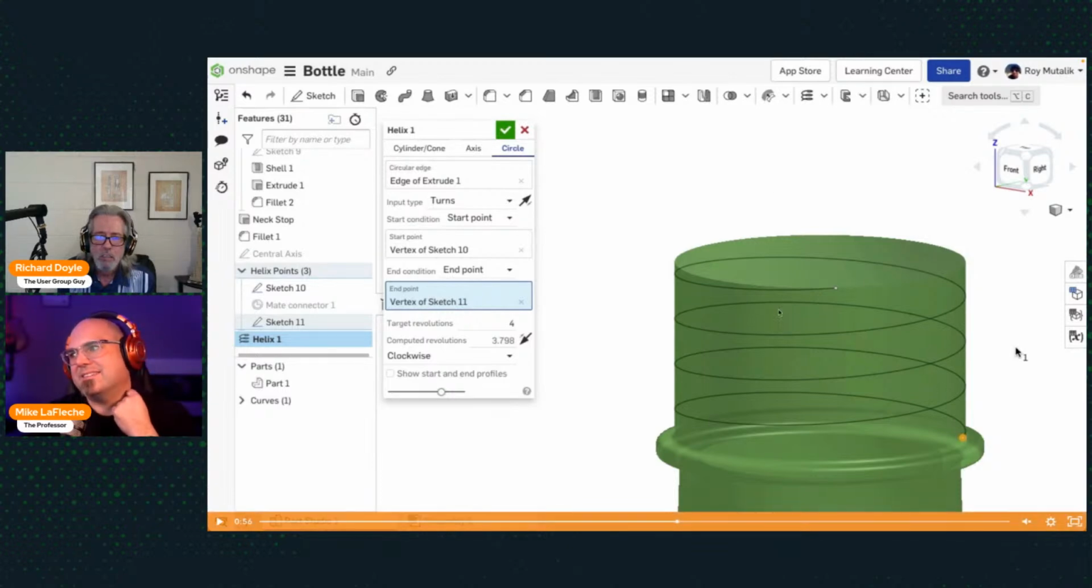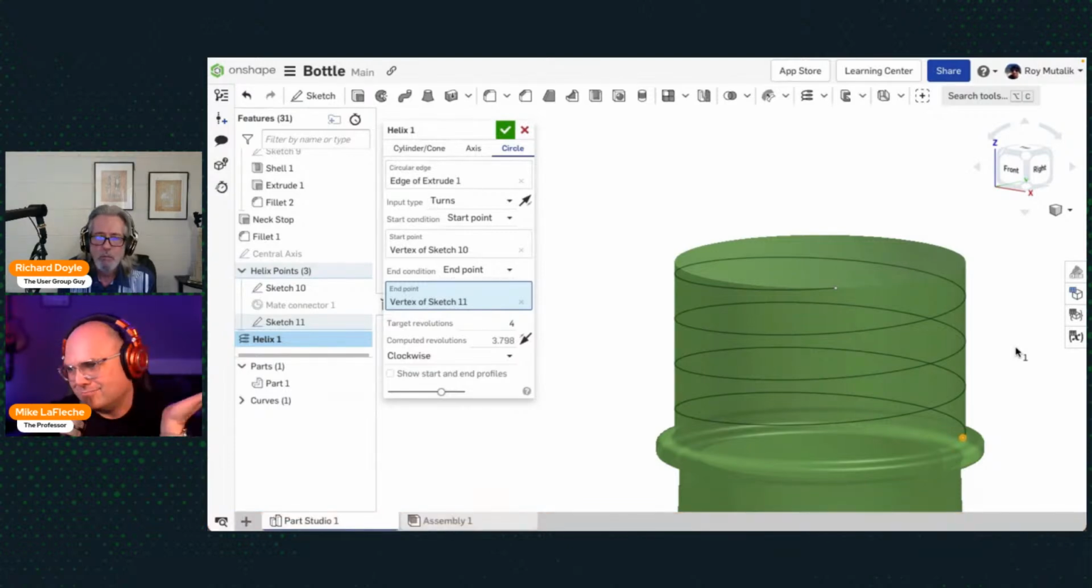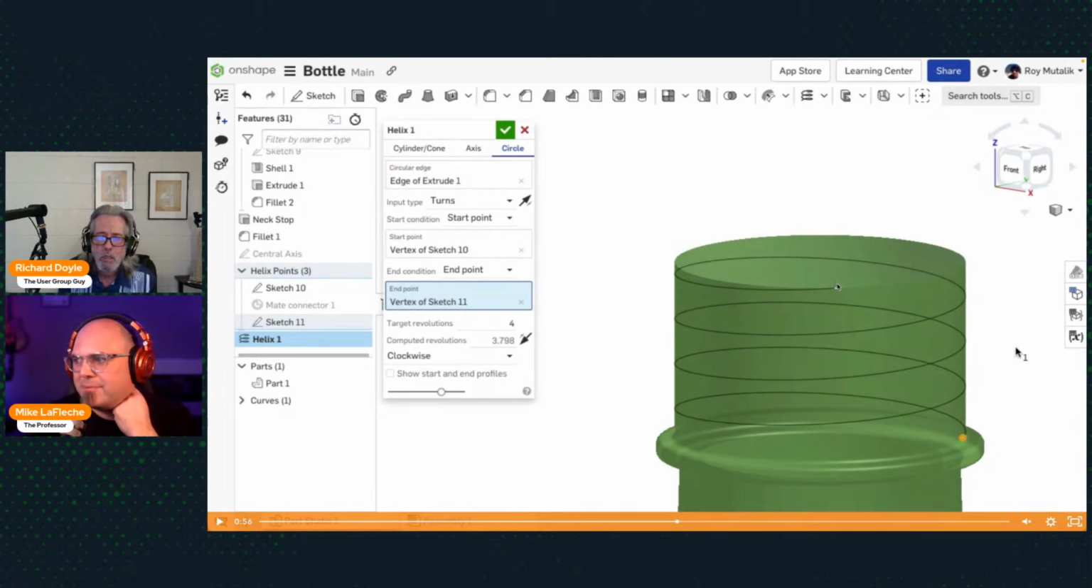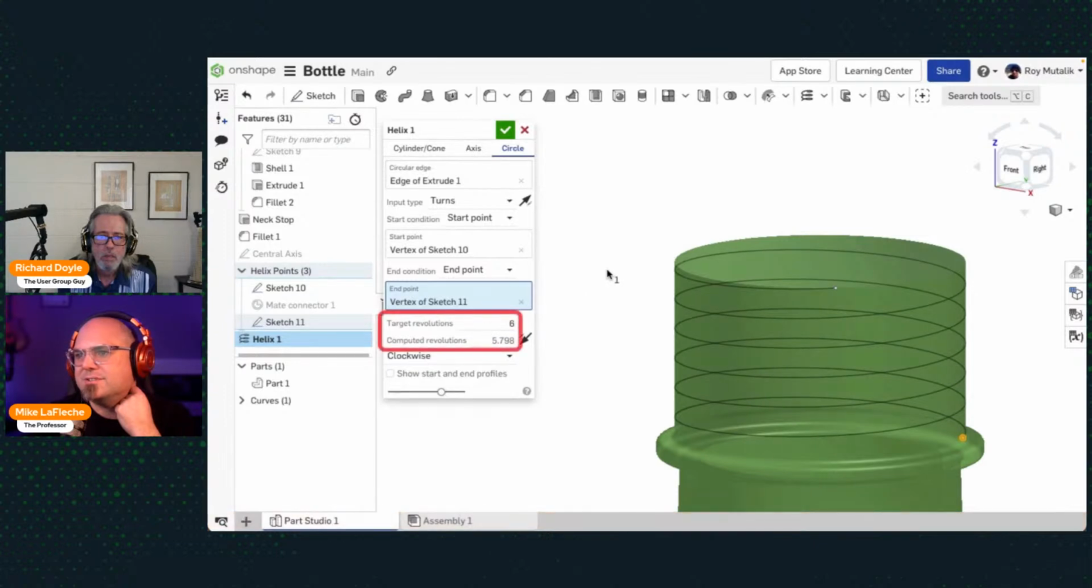Okay, so that would be a little bit more difficult to mathematically do. I mean, you do it obviously, but now we're just doing it parametrically by those points that are defined as sketch points, and we're able to place it in, and if we want to change it from number of turns to maybe... you can see what it's doing. It's automatically calculating in the background what the computed revolutions are. We want to get 6 revolutions, and it's coming up with